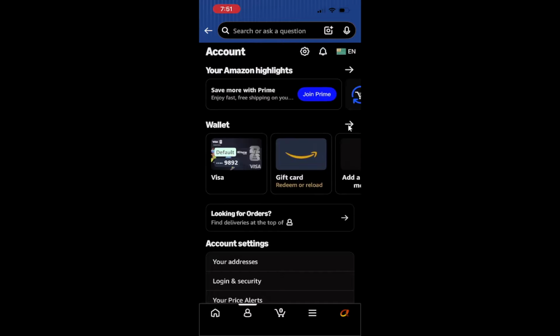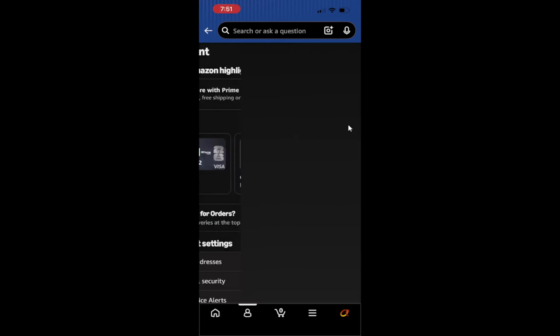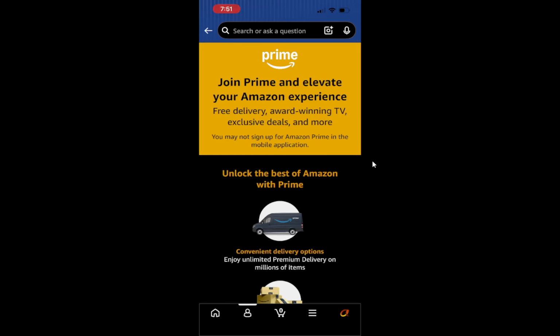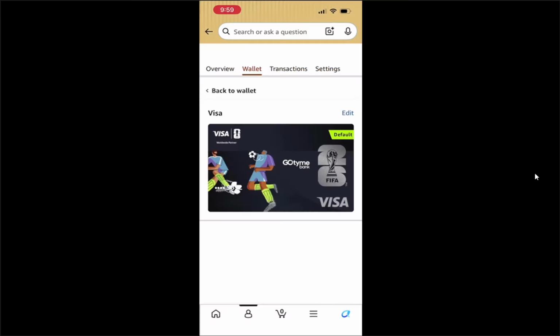Here you should see a list of payment methods that you have added before. At this point, select the bank account you want to remove. Tap directly on that bank entry, not on any card or other method. When you tap it, the details for that bank account appear, such as the bank name and the last few digits of the account number. Double-check you chose the correct one, so you do not remove the wrong account.